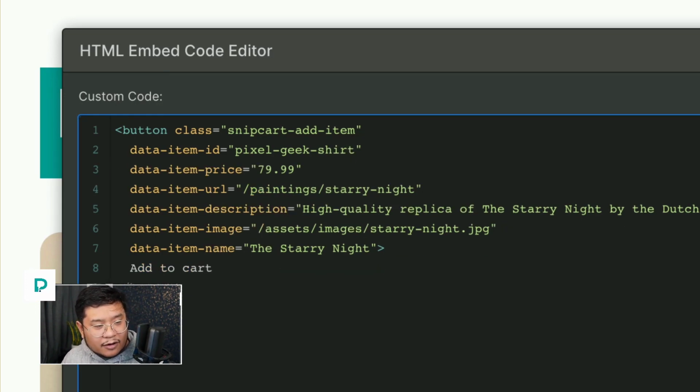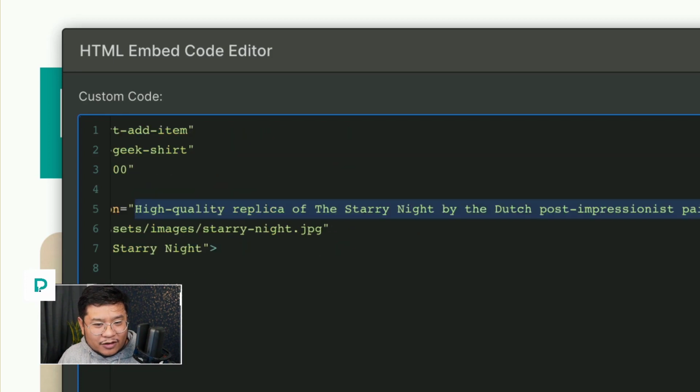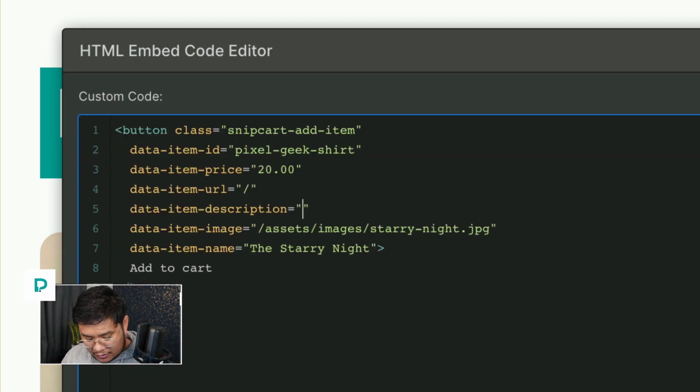The item price, let's say an even $20. And the item URL, I'm just going to leave it as the home page, because I only have one item. Let's see, the item description, let's go ahead and replace that with the very first Pixel Geek shirt.